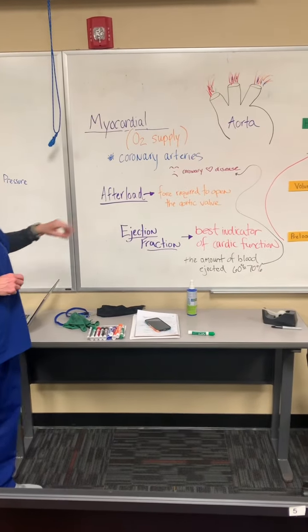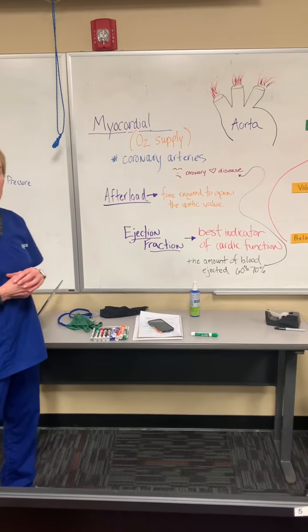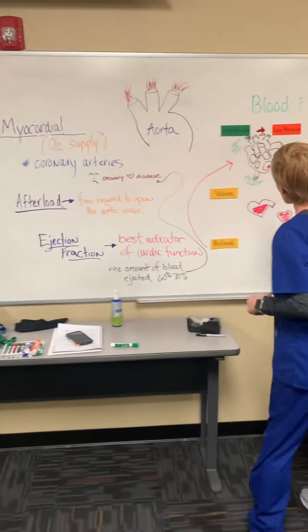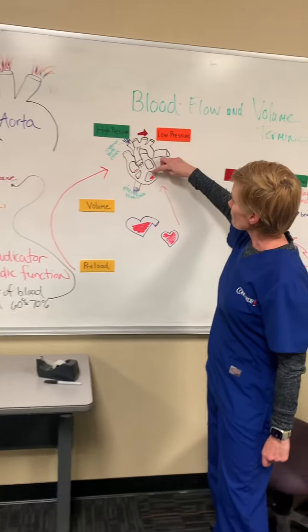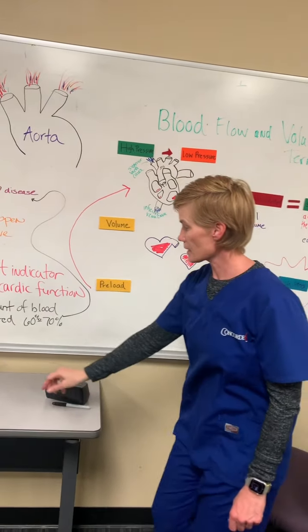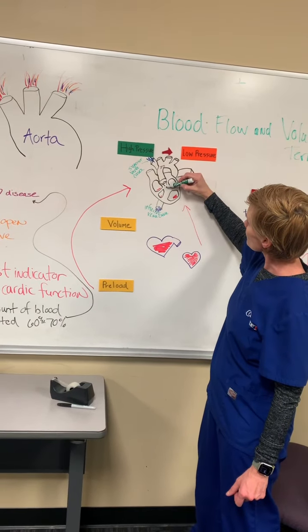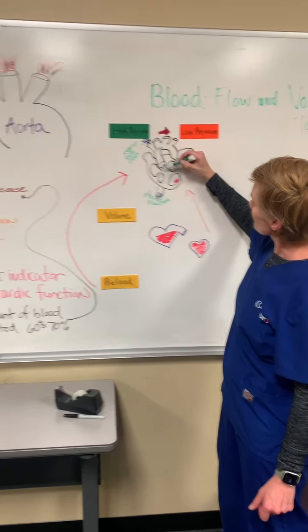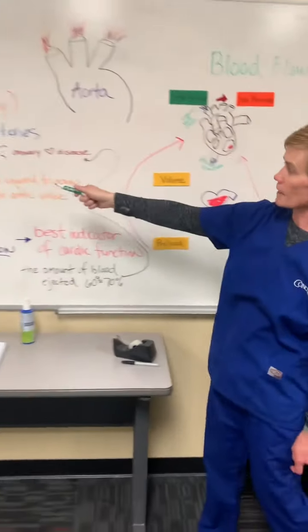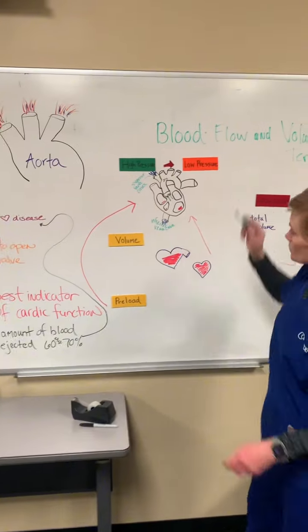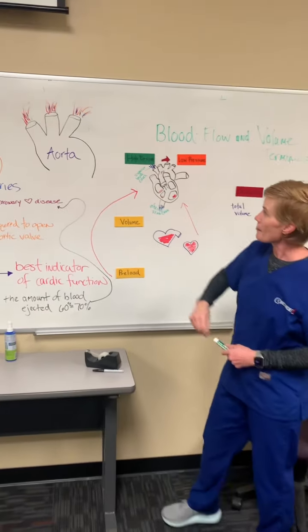We also have something called afterload. This is the force required to open that aortic valve. So coming back over here, the blood coming from that left ventricle, in order to get it to the aorta, the aortic valve needs to open. And once that opens, then the afterload has happened and the blood can flow up through the aorta to the rest of the body. And